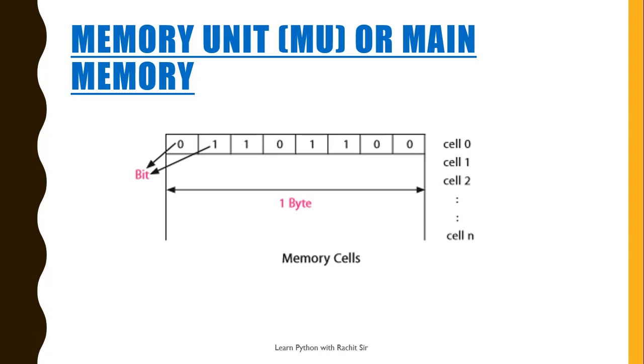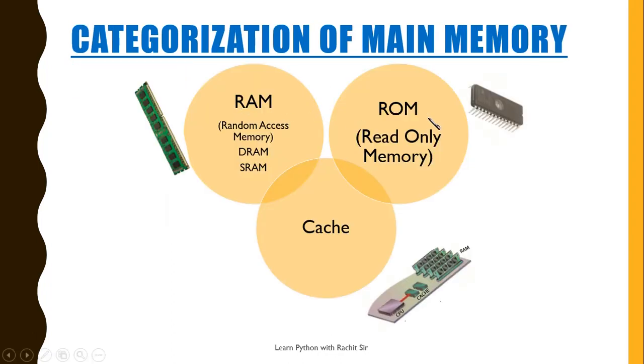Now, memory is divided into RAM, ROM and cache. RAM stands for random access memory. ROM stands for read only memory. So first of all, RAM. It is a read or write memory, as it is possible to both read from and write to a location within RAM. It is used for primary storage in computer to hold active information of data and instructions. The RAM is a volatile memory. Volatile means it loses contents when the power is switched off or interrupted.